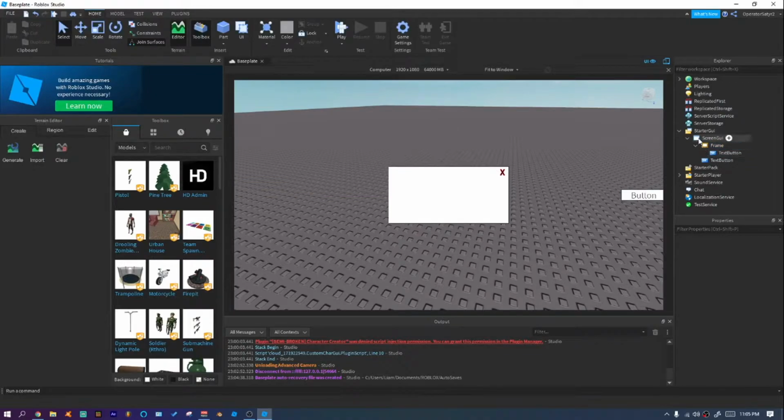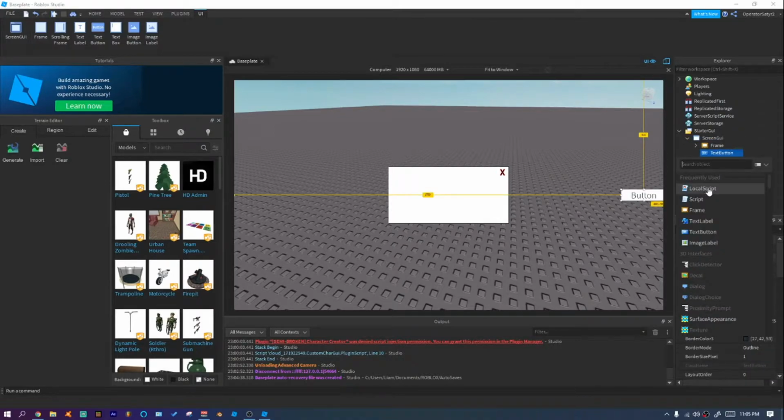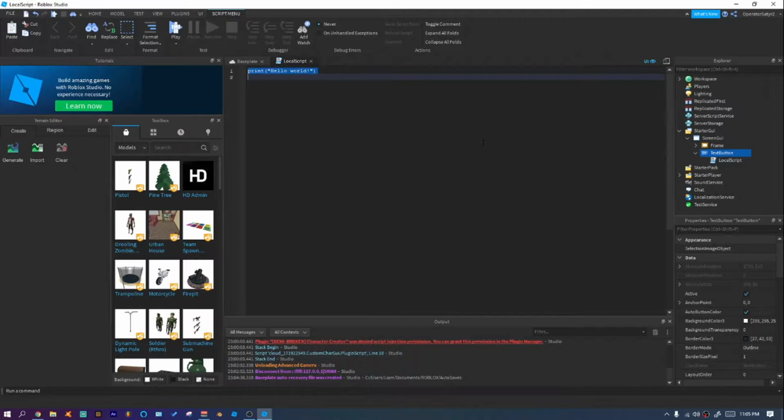Okay, now that I have my really simple setup, I'm going to start scripting the open button first. So this button right here. In that button, I'm gonna add a local script. You can delete the stuff in here. First, I'm gonna make locals. I'm gonna start with the open